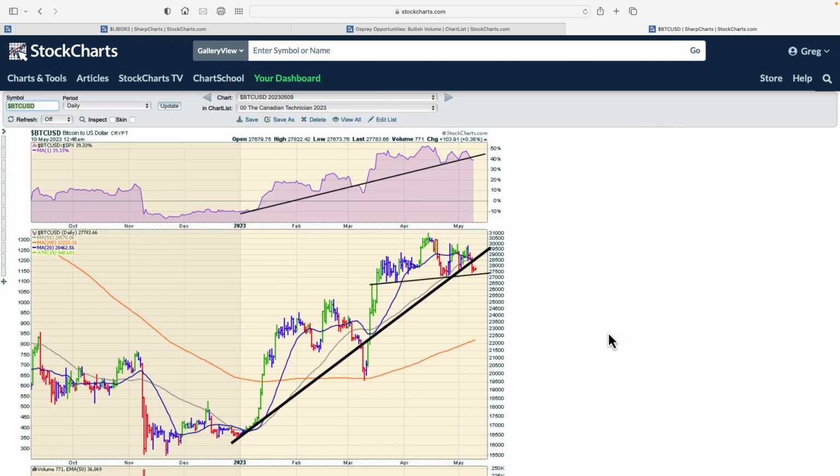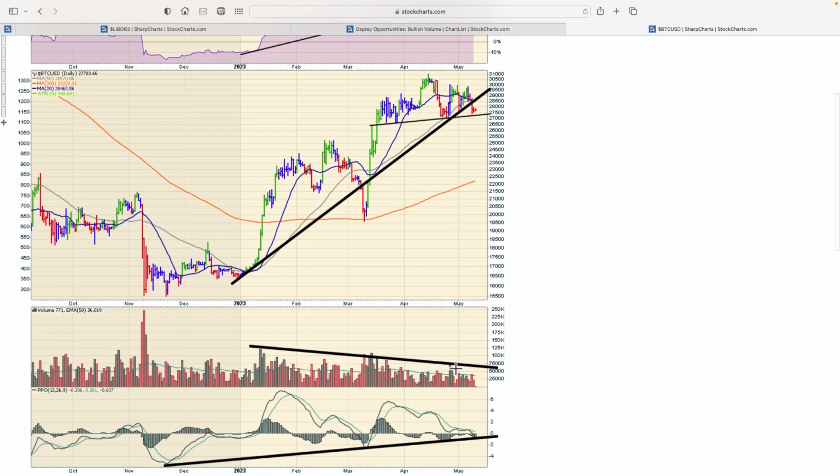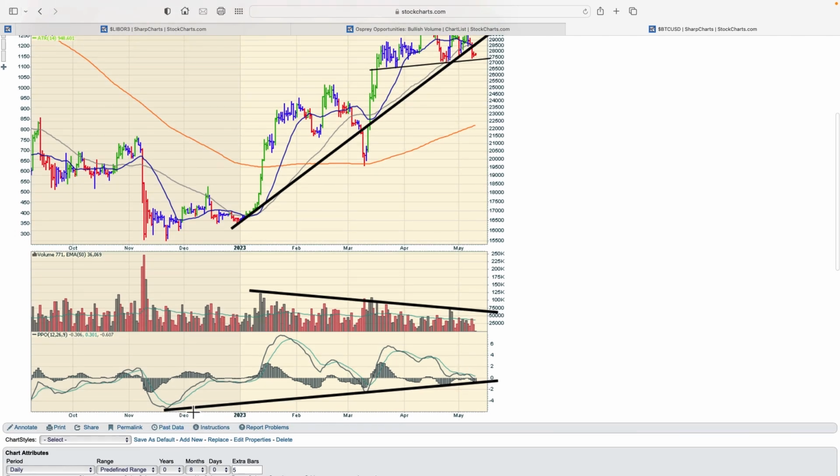So what you see on this chart is the Bitcoin chart is going higher. The relative strength on Bitcoin is starting to slip. And then when we look at the volume, it's continuing to decline. And that compares with what we're going to talk about, bullish volume jumps on the stock. And we've also got a trend line under the PPO that basically goes all the way back to November when the stock market